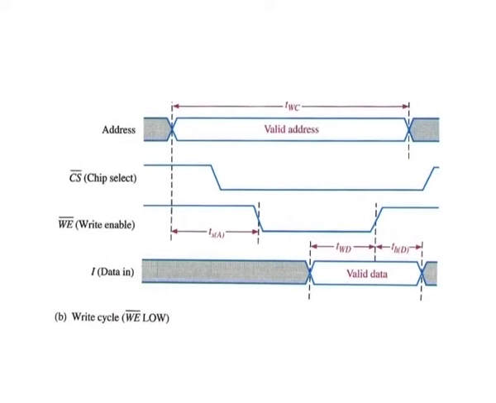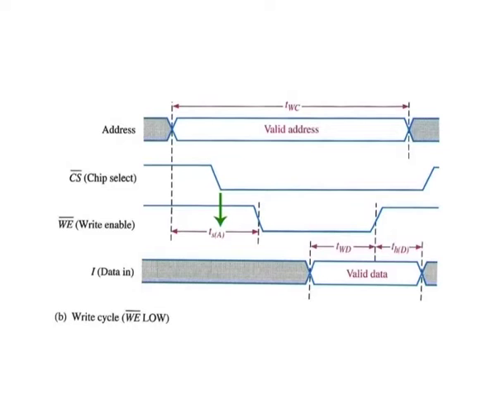For the write cycle shown in figure B, a valid address code is applied to the address lines for a specified time interval called the write cycle time. Next, the chip select and the write enable inputs go low. The required time interval from the beginning of a valid address until the write enable input goes low is called